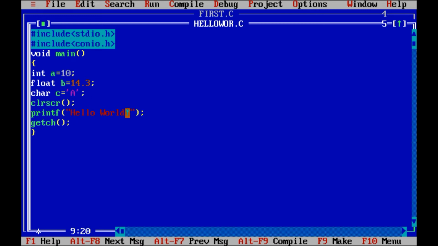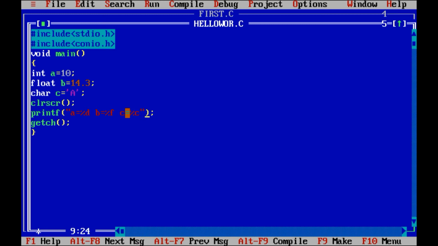Now we will print all these. We have seen the syntax of printing the variables, so we will write here according to that syntax. A is equal to %d, b is equal to %f, c is equal to %c.